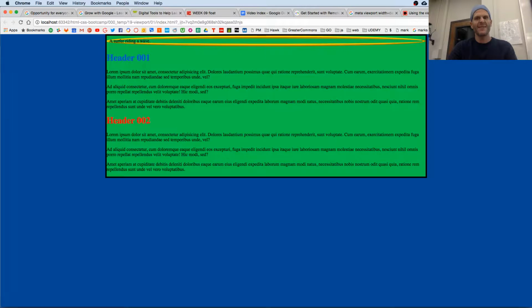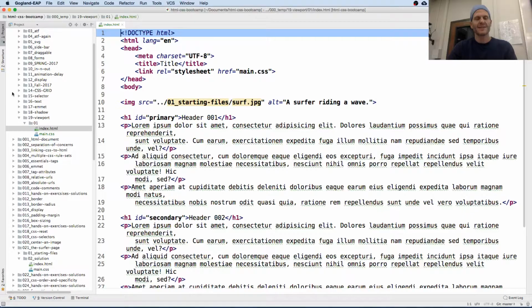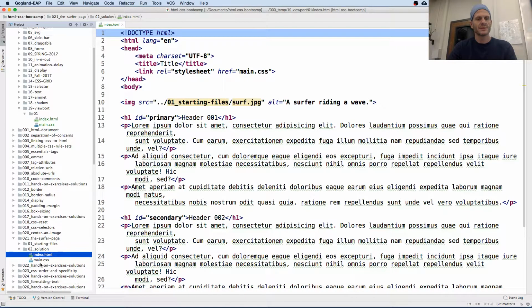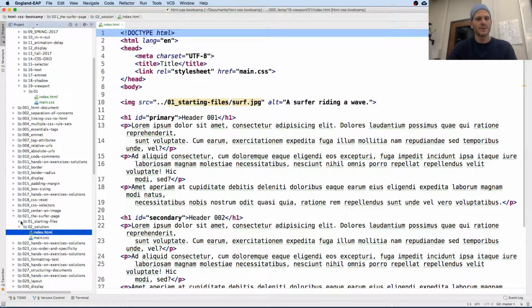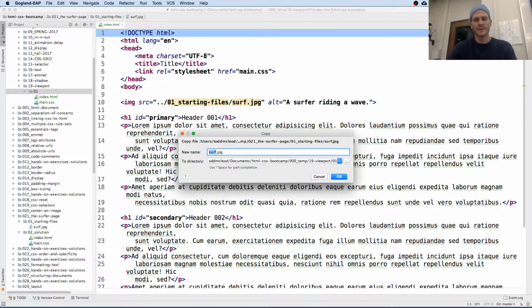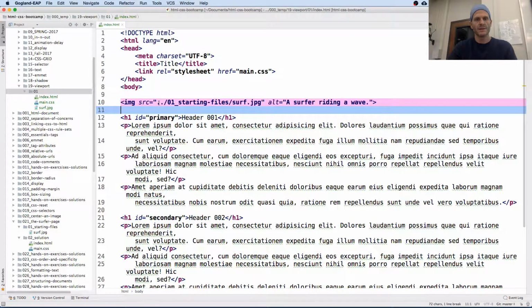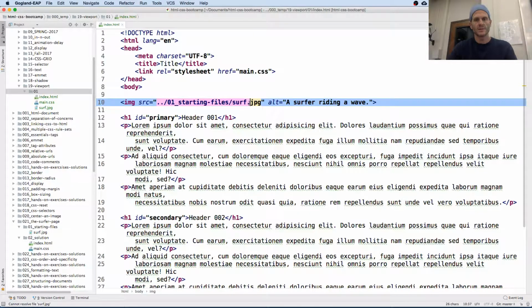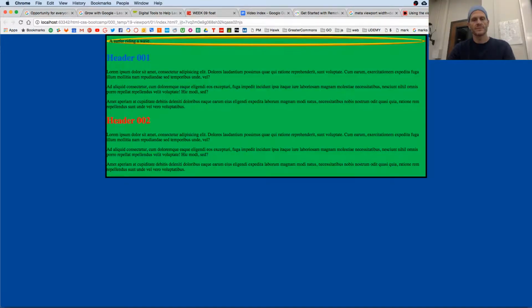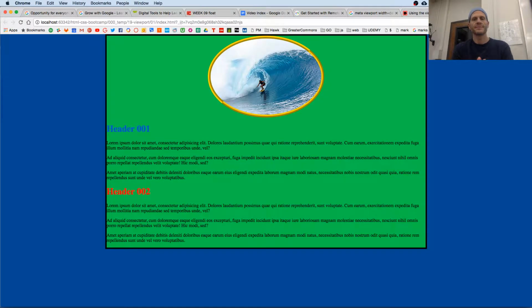Well, that don't look so good because I forgot the image. Where's my image? Starting files, surf. And that's just going to no longer be in 01 starting files. It's going to be surfer. Okay,